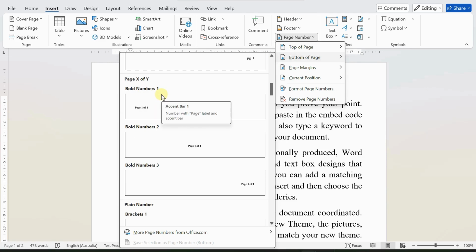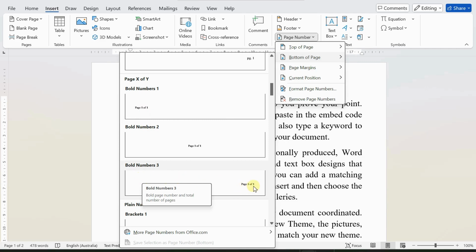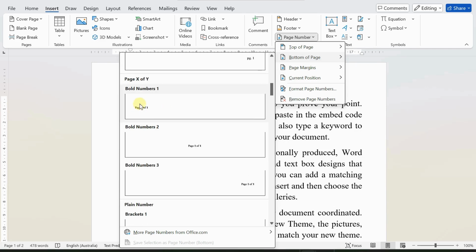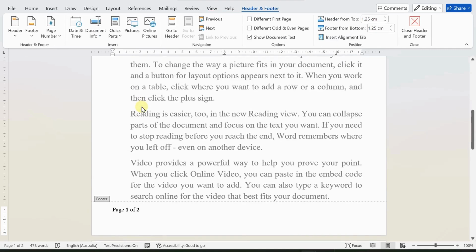But one thing that I like to use is the Page X of Y, because you can see that it tells the person who is accessing the document the total number of pages and the page number for each page. So that's the one that I recommend to use, but it depends on the preference. There's also this Page 1 or Page X of Y. So I click on that, and you will see that the page is normally inserted in